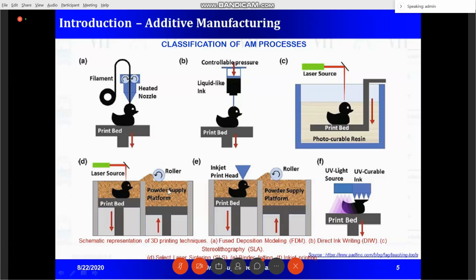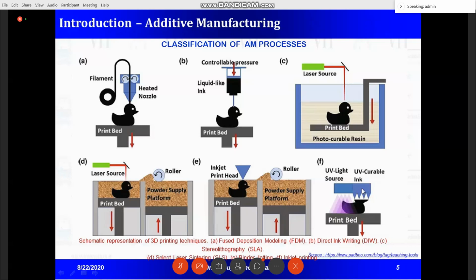Another process, you have a powder, spread the powder layer by layer and join the powder using a laser as per the contour. Another process, you spread a powder similar to the previous process, but instead of a laser, you use a binder or glue to join the powder particles. There is another process similar to the previous one, like UV resin and UV light. Here also you have a nozzle.